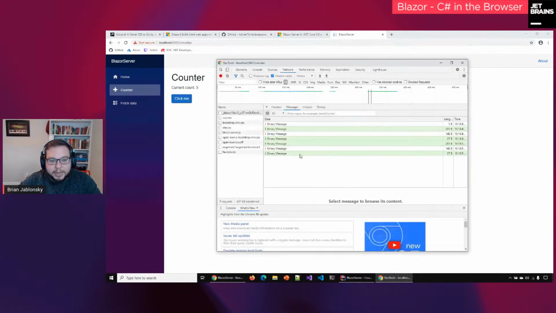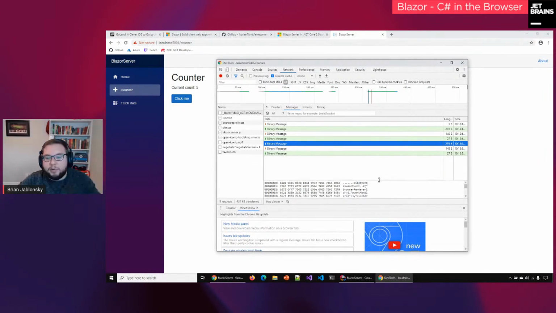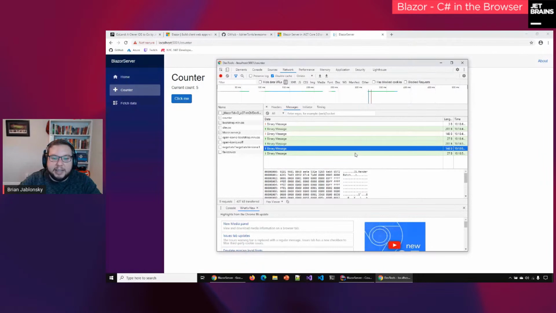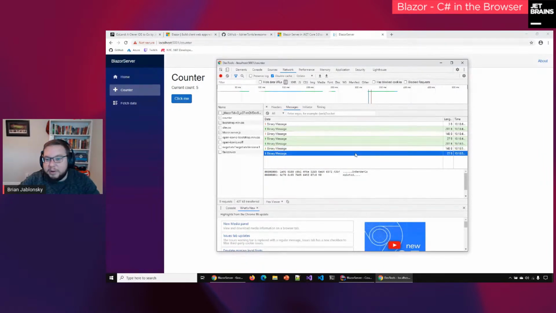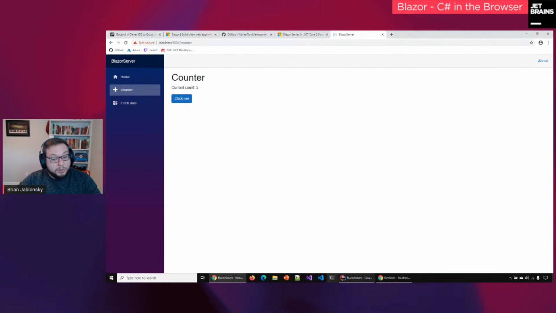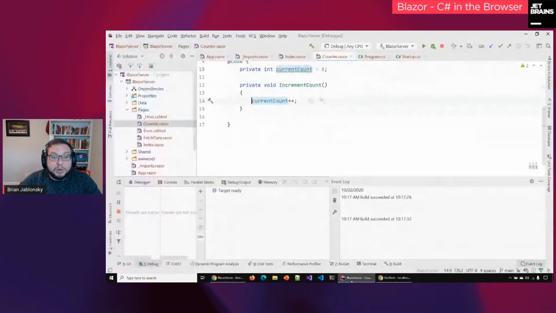You can look at that. These are all in a binary compressed format. It's not really meant to be seen and debugged by a developer, but this is just what's communicating back and forth with the server. One nice thing about this is, let's say you wanted to debug this. Well, you can definitely set a breakpoint in your Rider application.